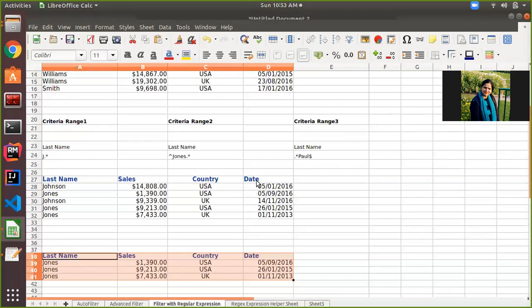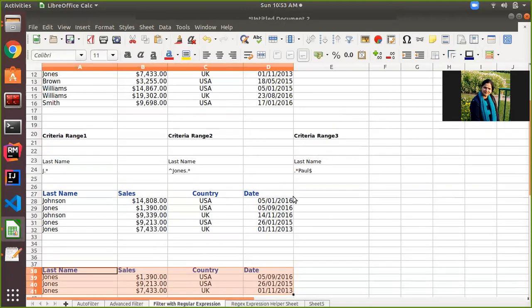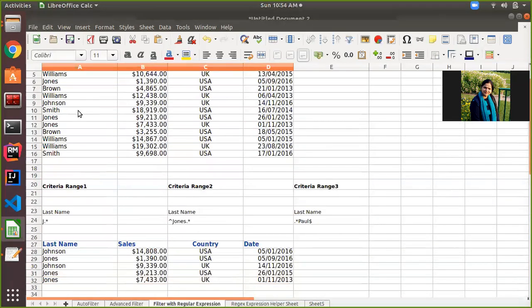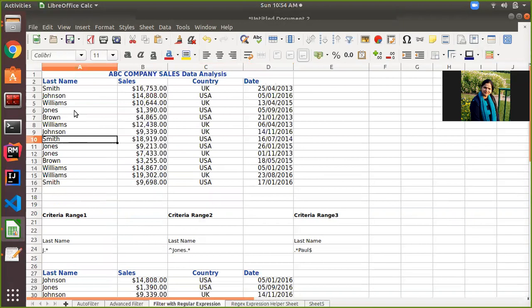Similarly, if we want to filter out those records whose name ends with Paul, then instead of the caret symbol, we will use dollar at the end, and at the beginning we will use Paul. So let's try this as well. Now, after Smith, I will add Paul.